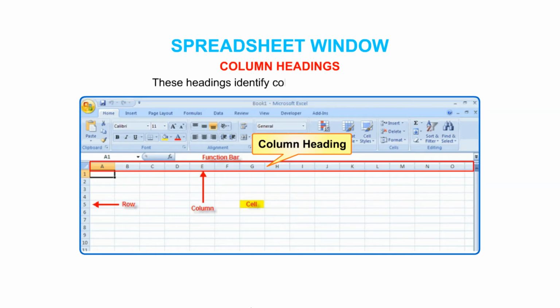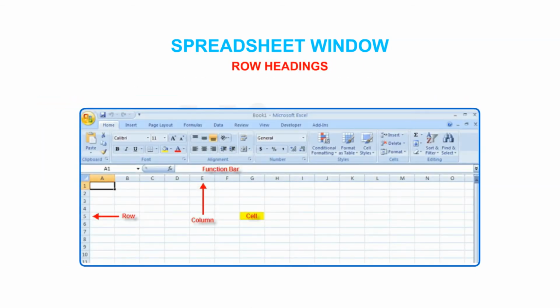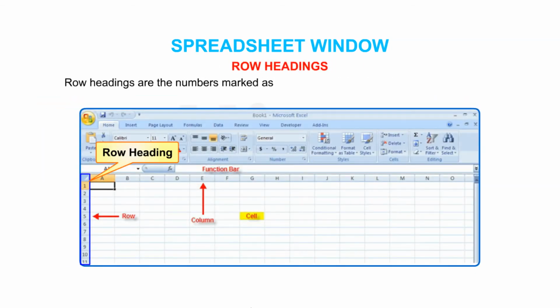These headings identify columns with letters A to Z, AA through AZ, and up to XFD for a total of 16,384 columns. Row headings. Row headings are numbers marked as 1 through 1,048,576 along the left border of the worksheet.